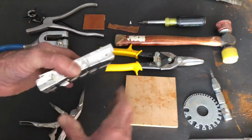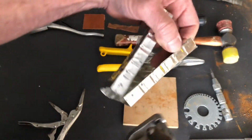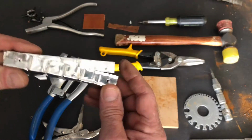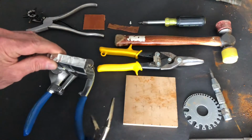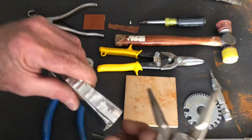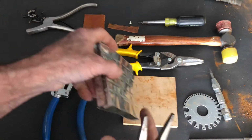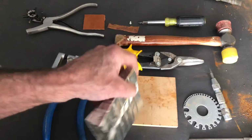I could open my form up, which gives me access to punch this hole, close the form up, transfer that mark over with something like a Sharpie, and then punch the other side, which is what I've done here. Once I've got those pieces registered, I can use some sort of clamp, like these needle nose locking pliers, and secure that material in place. I can line those holes up, and with locking pliers,